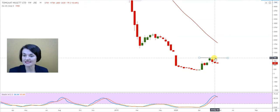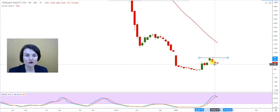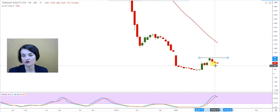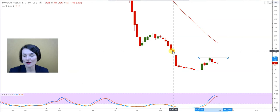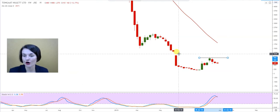Obviously, as I said, R9.80, a critical level that needs to change into a support, but you can use that R7.38, which is the high of last week's candle, as an entry level, and the stop loss that you can use is this R4.62 level to enter into Tongaat. And what is always nice for technical analysts is there's a window there. There's a gap that it closes at R13.19, a gap there on the graph